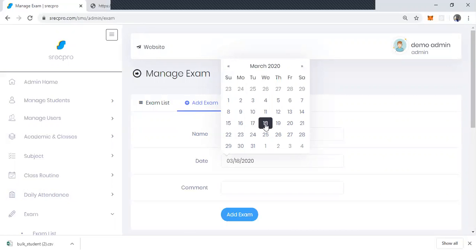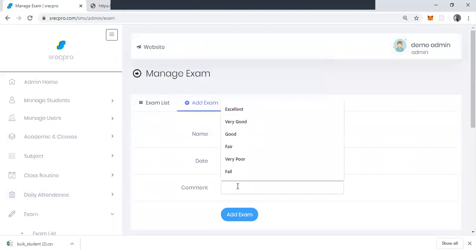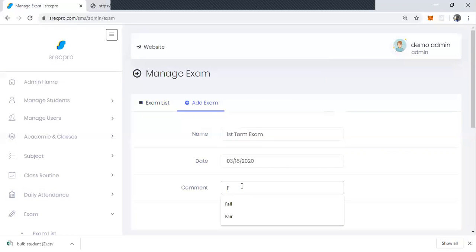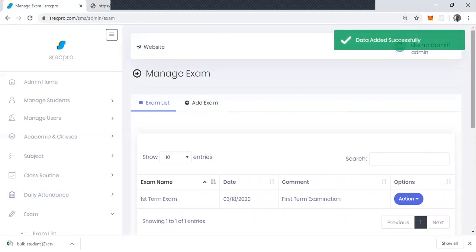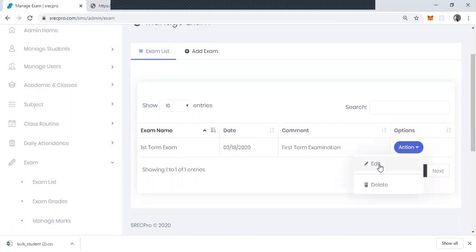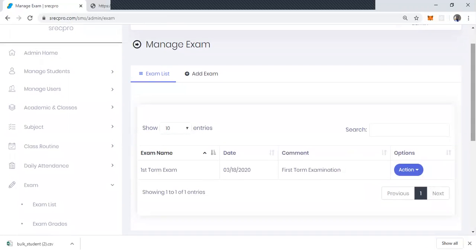So let's say I choose this date, and the comment, maybe it's a promotion exam, or a final exam if it's a third term, or I can equally say first term examination. The comment can be left blank. Okay, that has been added, and it can equally be edited. On the exam list,